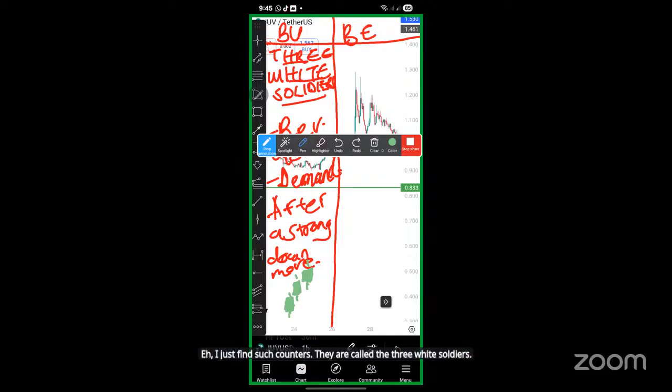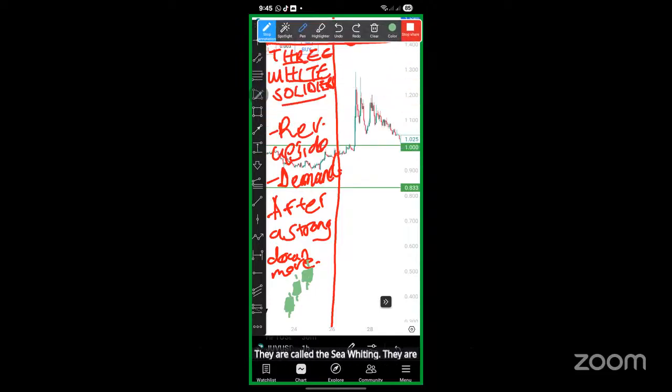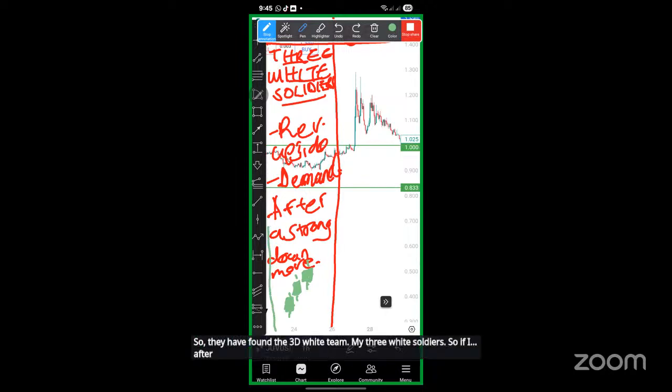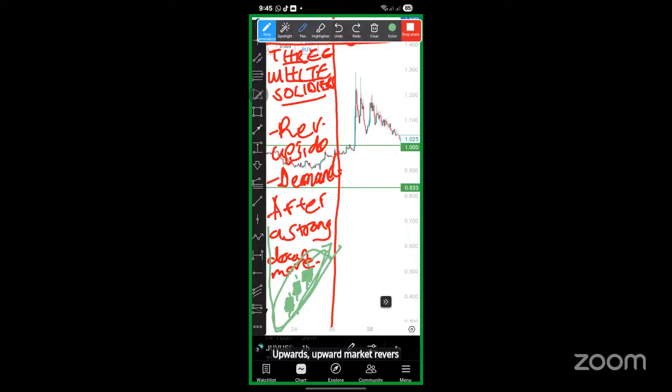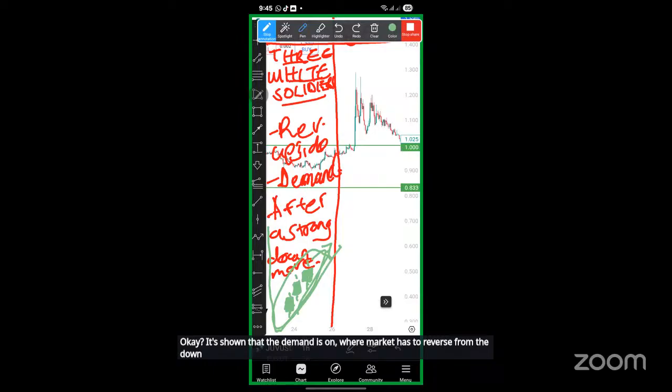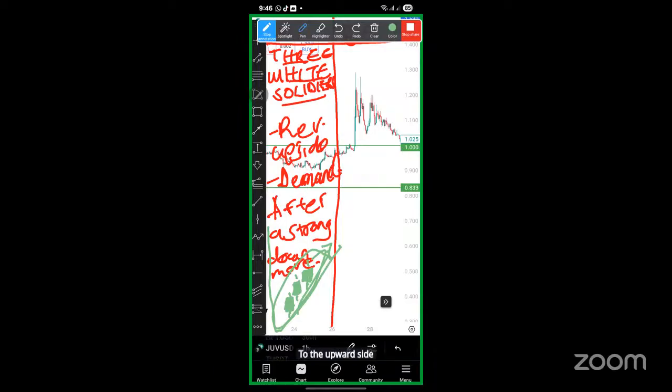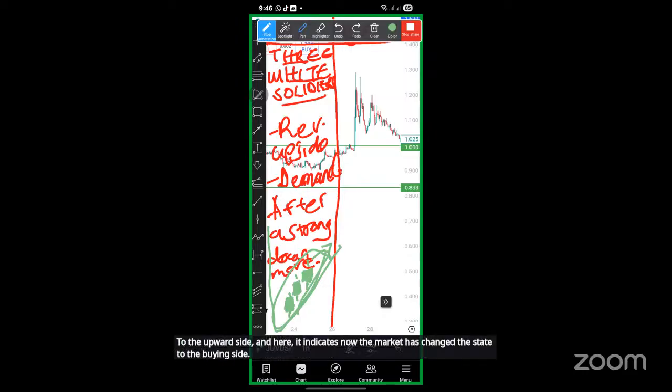So after a strong down move, you find these 3 candles, indicating market reversal to the upward side. Most of the time, it is formed at the demand zone where the market has to reverse from the downward side to the upward side,